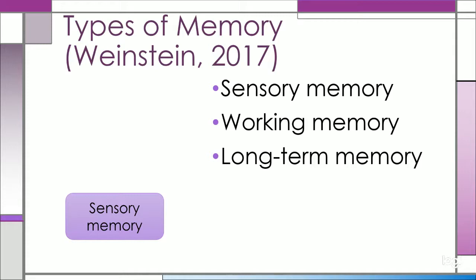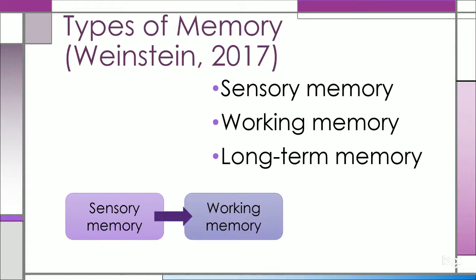So the way that this happens in the human experience is when we're in the moment, we are sensing a lot of things. We are using our eyes, we're using our ears, we are smelling things. All of the senses around us are taking in information, and we cannot hold onto all of that information. Our brain has to figure out what to let go. And so that's where sensory memory comes in. We don't hold on to all this information, but what we do hold on to goes into working memory.